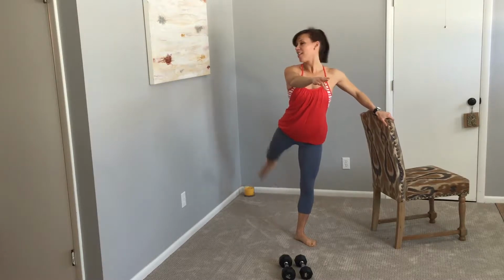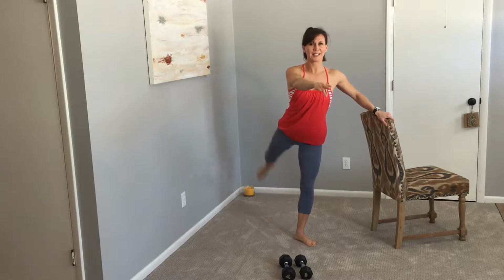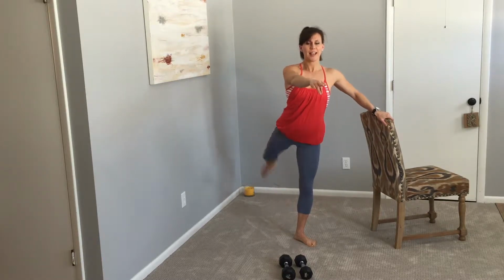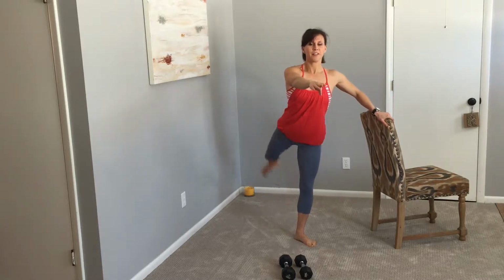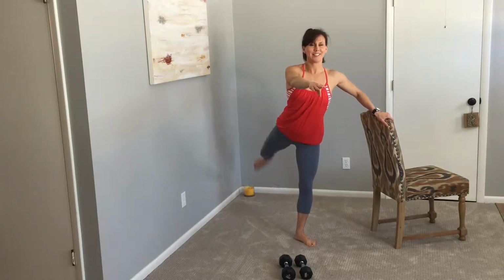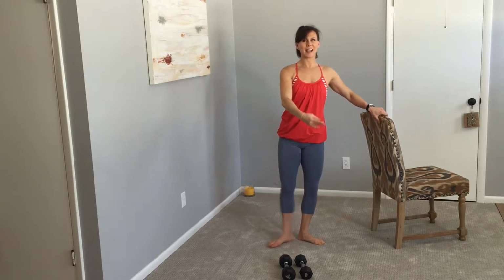2, 3, 4, 5, 6, 7, 8, 8, 7, 6, 5. Really reach it back, belly in. 2, and 1. Very nice. Right out to the side. Here we go. 1,